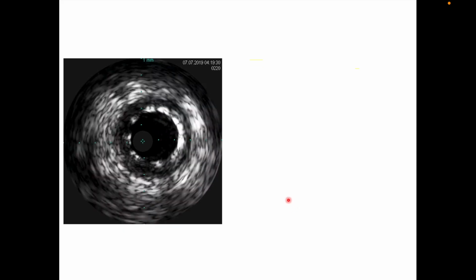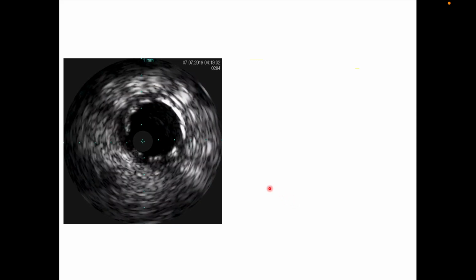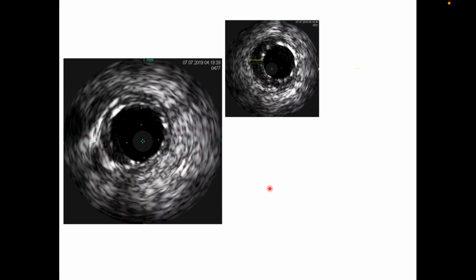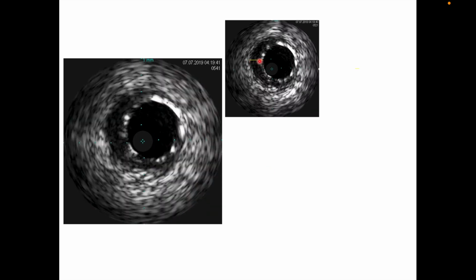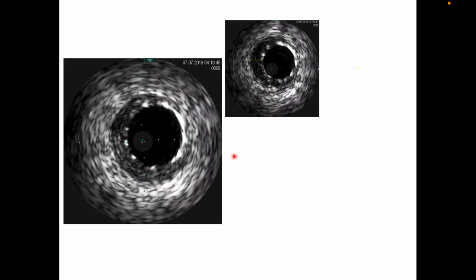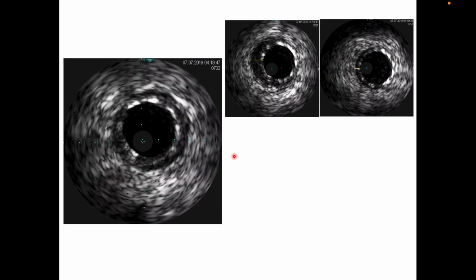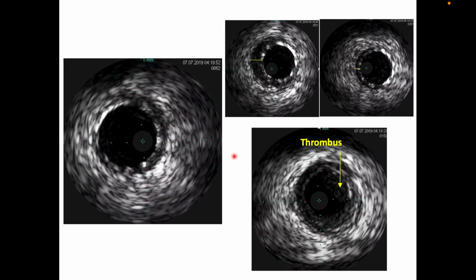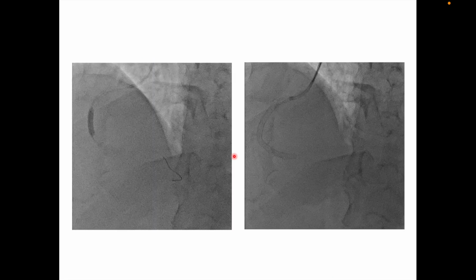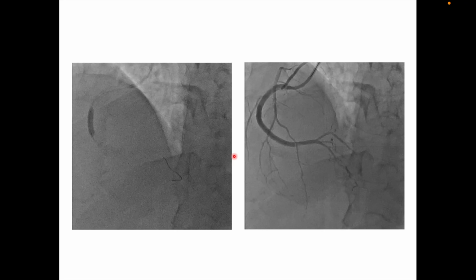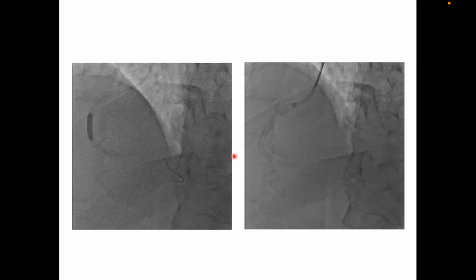So what you see is there is thrombus there, but no edge dissection as such. But what was also obvious was this malapposition. There was quite a lot of malapposition there. There you can see this malapposition. So malapposition is seen in the middle of the stent, and there is thrombus, but there was no stent edge dissection as such. So the malapposition was taken care of by doing post-dilatation with a non-compliant balloon, and for this